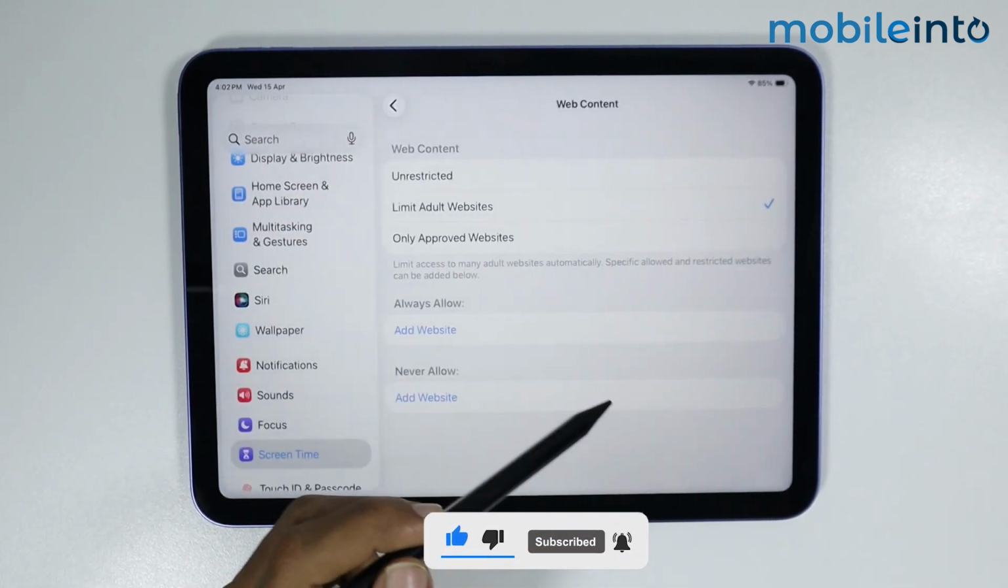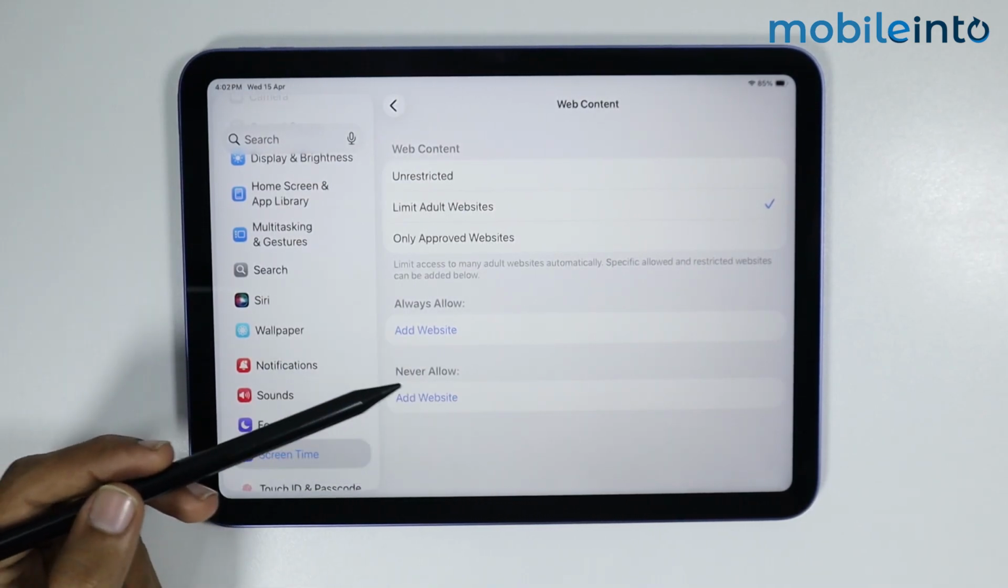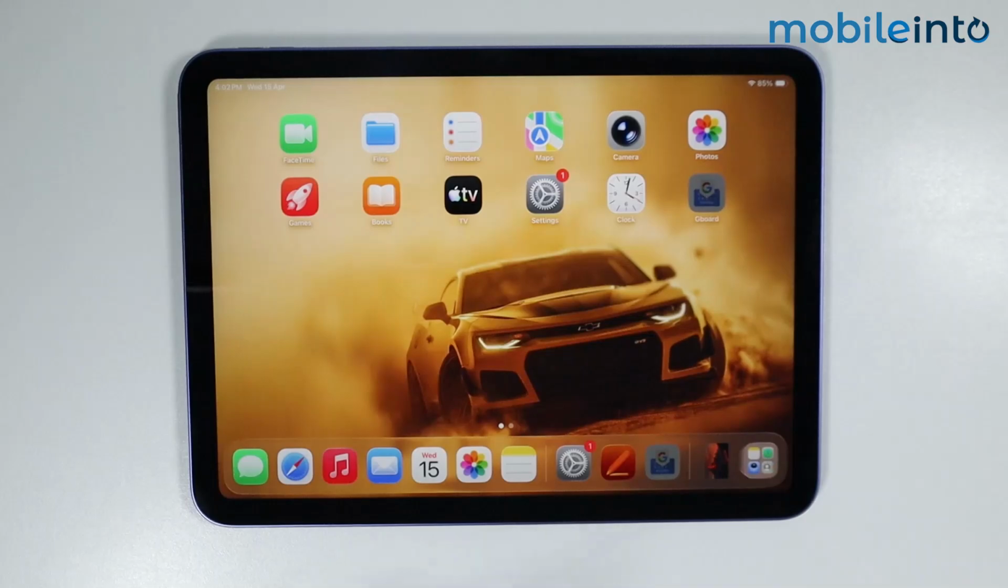After you do that, then just tap on Done, and the selected website will be listed to the website that will not be allowed. And this is how you can block